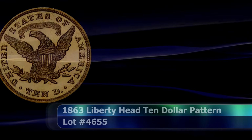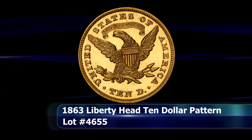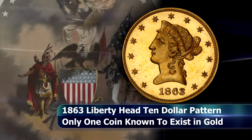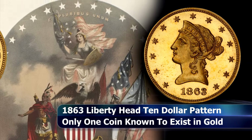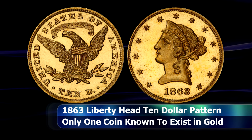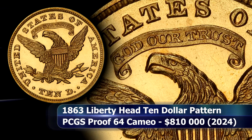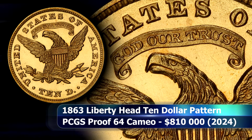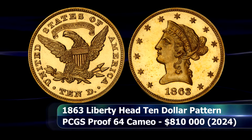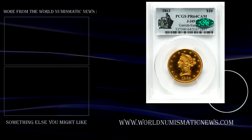Following the then unmatched chaos of the Civil War, there was a movement towards the revival of faith within many sectors of American society. One Reverend Watkinson of Pennsylvania lobbied Congress to add an inscription referring to God on the nation's coinage. His efforts were successful, and initial steps were taken to include the phrase "God is our trust" on some coins. This unique gold $10 pattern coin is one of the first, where the motto was altered slightly to "God our trust," and then in later issues it would see circulation where the motto was altered to the now all too familiar "In God we trust." Graded by PCGS as Proof 64 Cameo, this seldom seen gem was sold at auction for